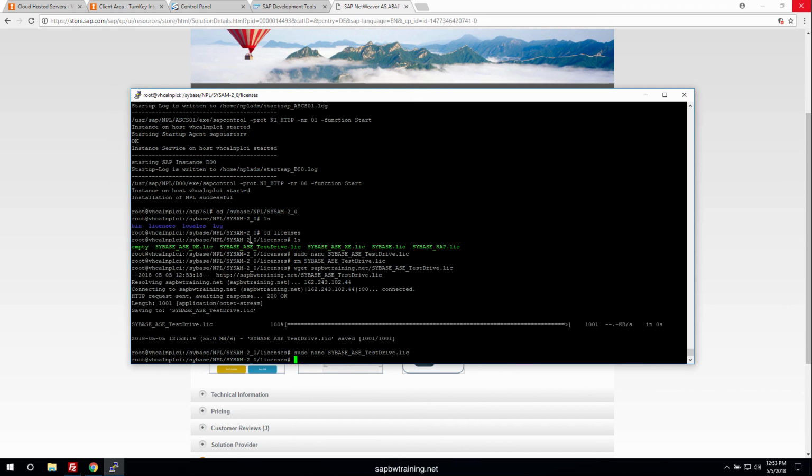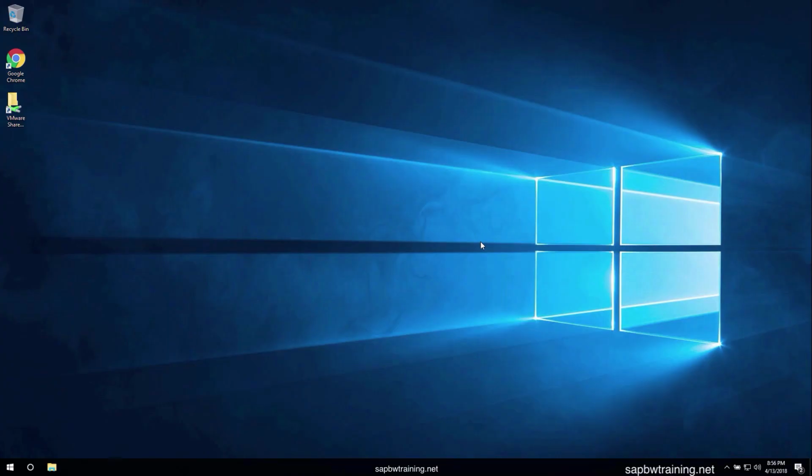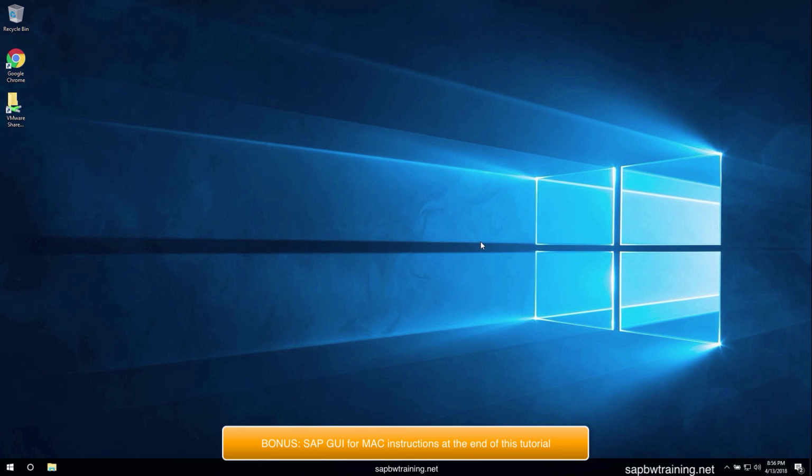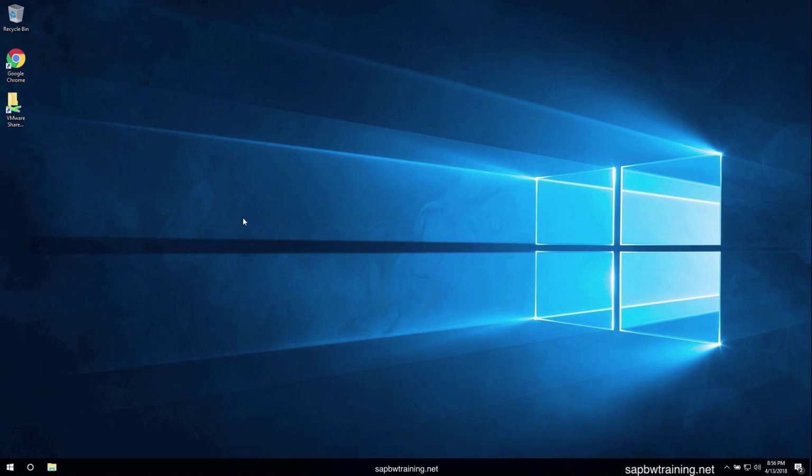All right, so SAP is now all set up. The next step is to actually connect to SAP using SAP GUI. I'll show you how to download and install SAP GUI so you can connect to your SAP environment. To get started, come on over to your favorite browser. In this example, I'm using Google Chrome, and type